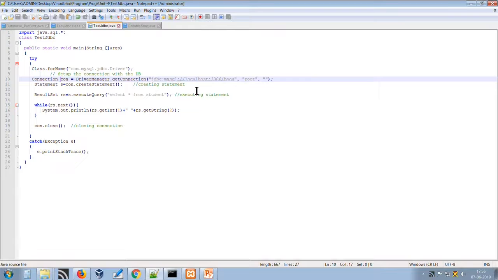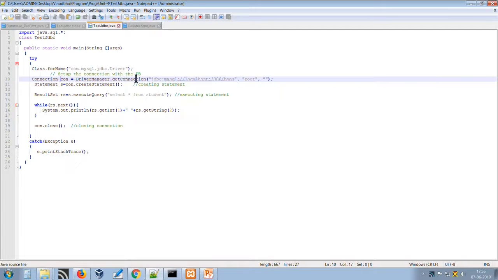BAOU is the database name we have created in MySQL. Root is the username, and we have not kept any password, so the password is left blank.